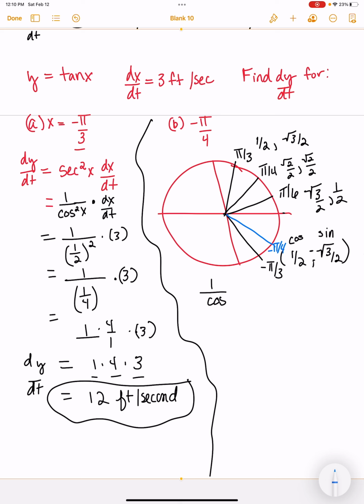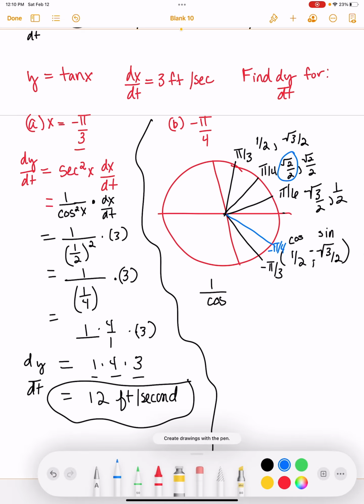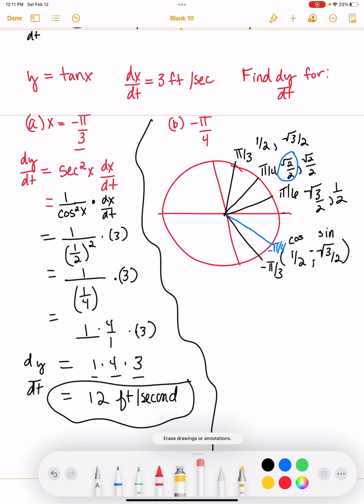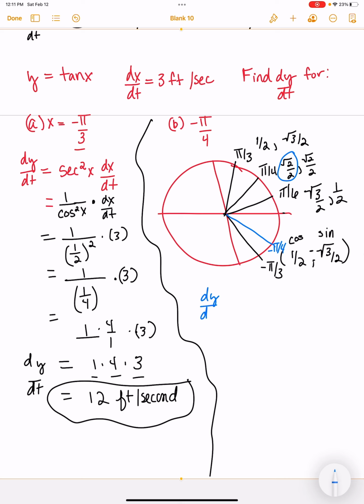The cosine for our pi over 4 is square root of 2 over 2. Okay, so if we have dy/dt equals secant squared x dx/dt, then that means we have 1 over cosine squared x times,